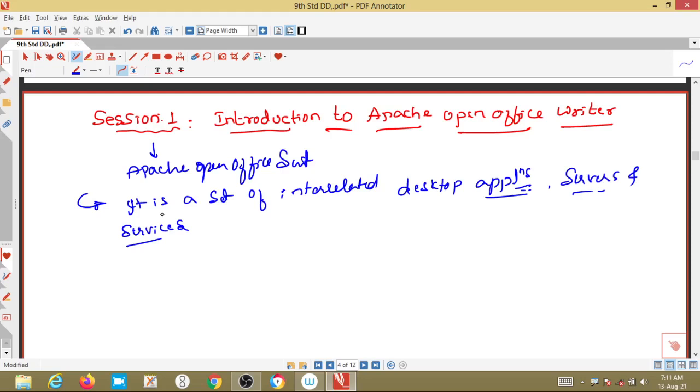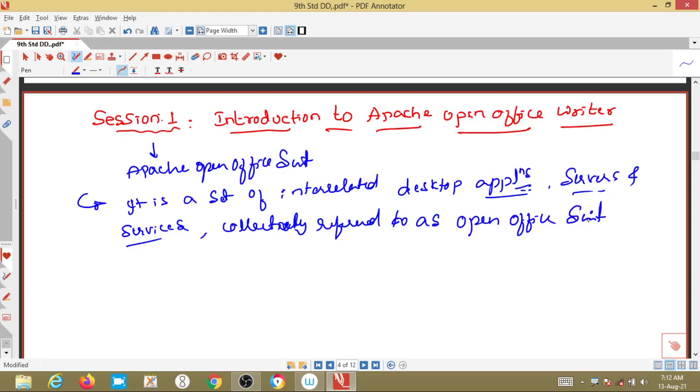Then it is interrelated desktop applications, servers and services, collectively referred to as Open Office Suite. Okay, clear?